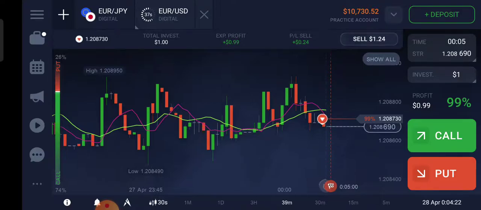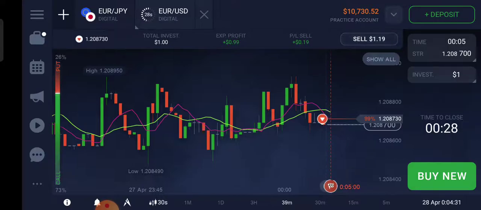In my strategy, you just have to follow the trend. If you follow the trend, then you will win. Otherwise, you may lose this trade and you may lose your money. So you just have to follow the trend. If the trend is upward, then you have to choose the call option, and if the trend is downward, then you have to place the